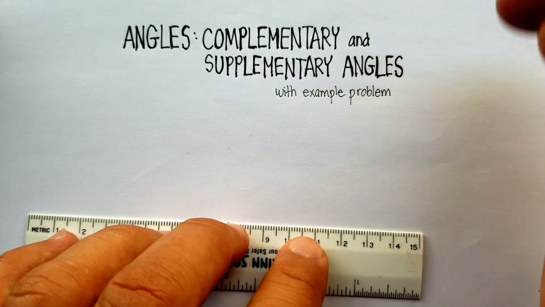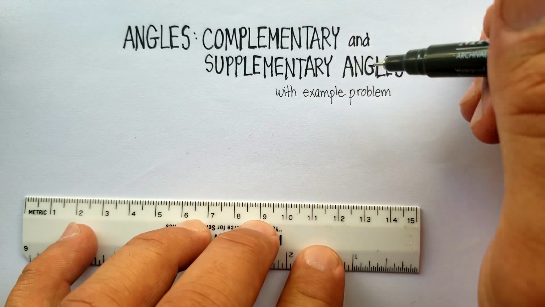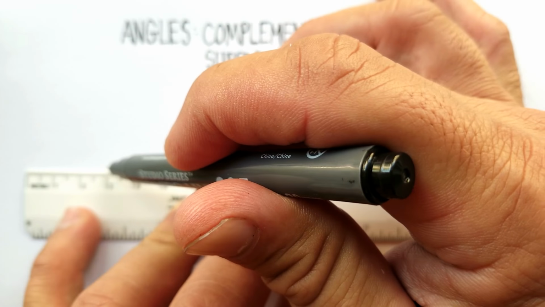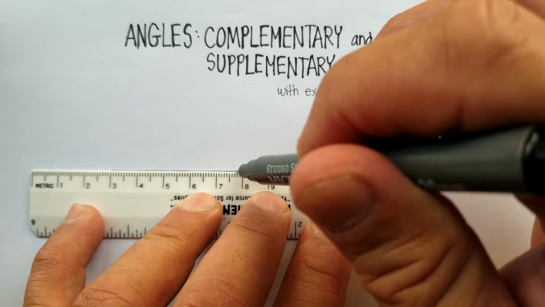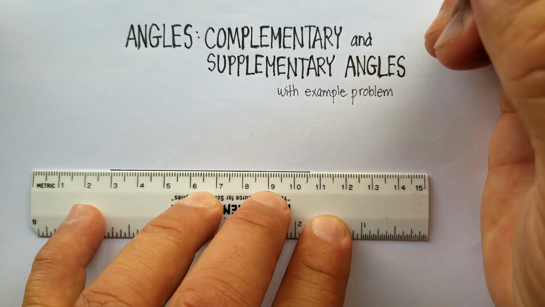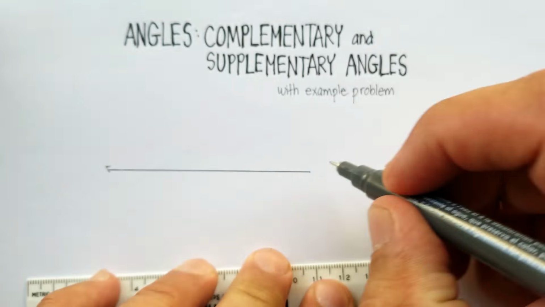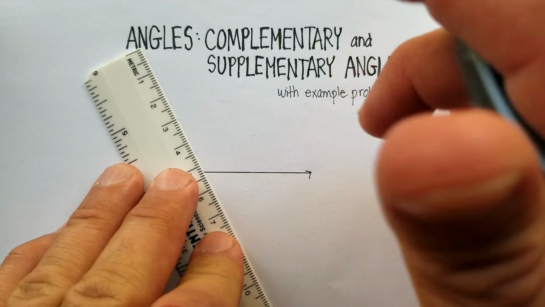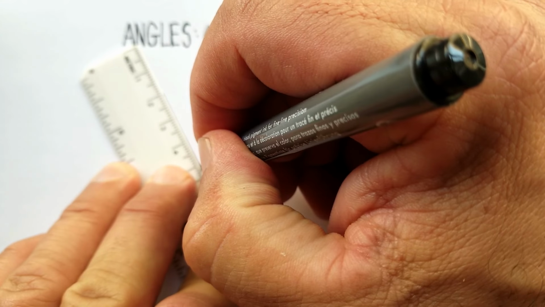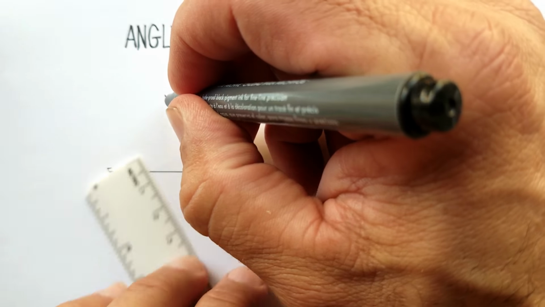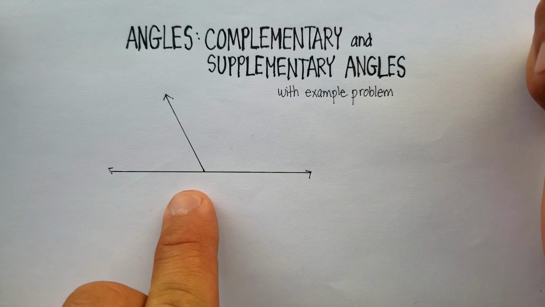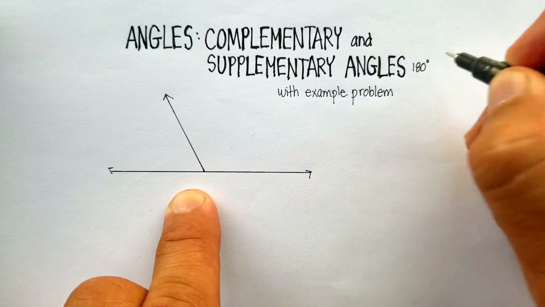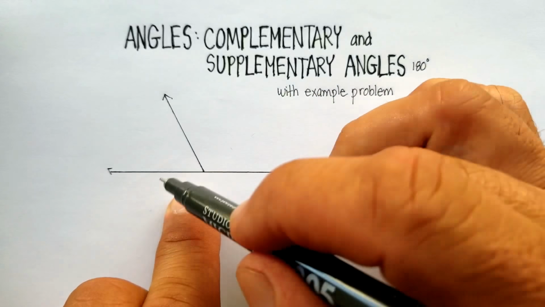Now, definition-wise, let's start with the bottom one. A supplementary angle are any two angles, and let me just draw a straight line. Okay, and let me put little arrows on there. Supplementary angles are two angles that add up to 180 degrees. So let me just put in 180 degrees next to supplementary angles. And let's look at this particular